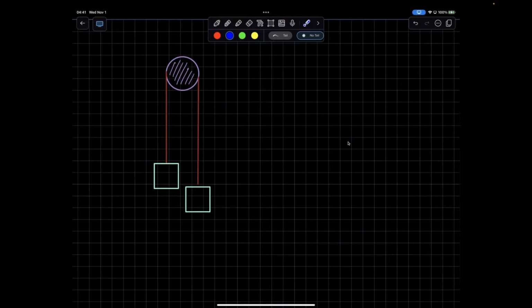So here we go. We have a pulley and two objects. Let's say the masses of the objects are equal. If you let go, they're just going to sit there without motion if the masses are equal. However, if we make one object bigger or heavier, and to mess with your mind, I'm going to make it